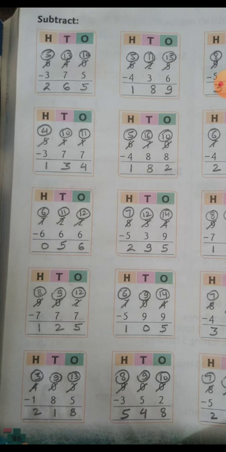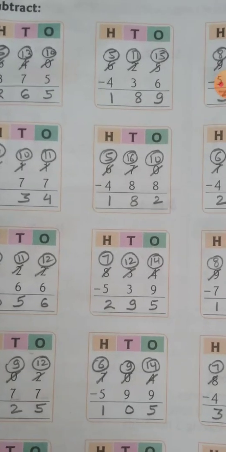And now you cannot subtract 7 from 3. So you have to take carry from 6. So when you take carry from 6, this 3 will become 13 and you have to subtract 7 from 13. When you subtract 7 from 13, you get 6. And in the same way, this 6 will become 5. So you have to subtract 3 from 5 and you get 2. So our complete answer is 265. One more question. You have to subtract